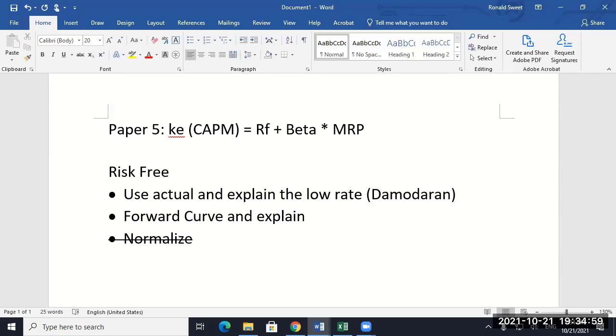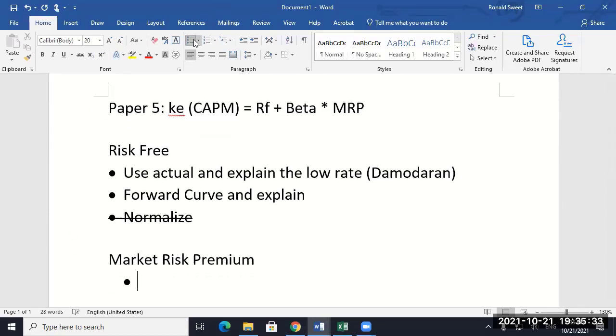There are a lot of theoretical problems with a Federal Reserve targeting 2% and then the 10-year at 1.65%. Why would anyone lock in a rate that's below expected inflation? And now people are talking about inflation a lot. With 5-6% inflation, what has the 10-year Treasury done? It's gone up 10 basis points. So it's a very theoretical and tough number to talk about. All right, then you have the market risk premium.